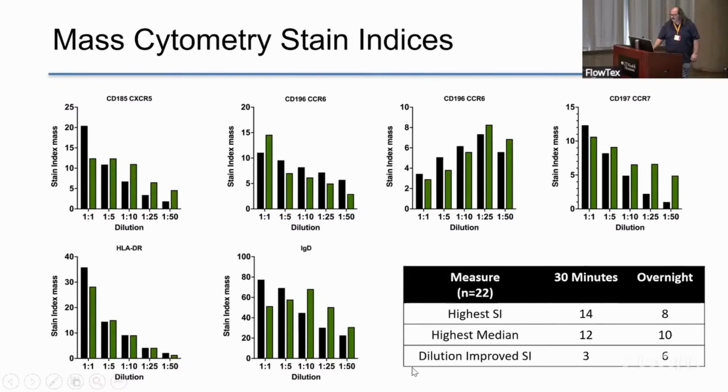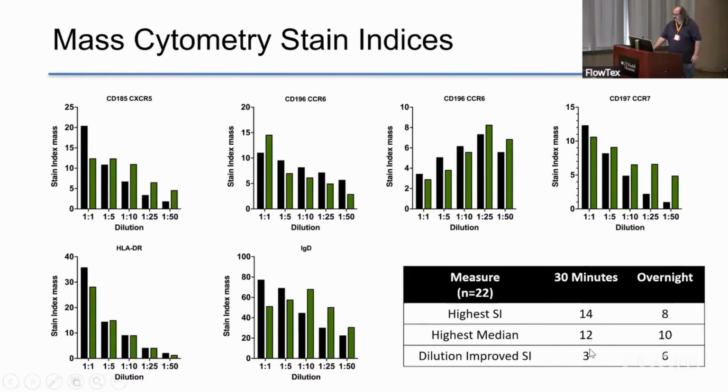And now, did we actually see any improvement if we used a lower dilution in any of these markers? Remember how I said before, for the fluorescence, we were able to see they could use 10-fold or 1,000-fold decreased amount of antibody and see better results. Well, I only saw better results by using the 1/5, 10th, 25th, or 50th dilutions in 3 of them, actually,